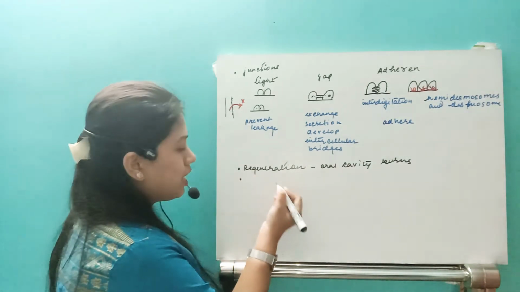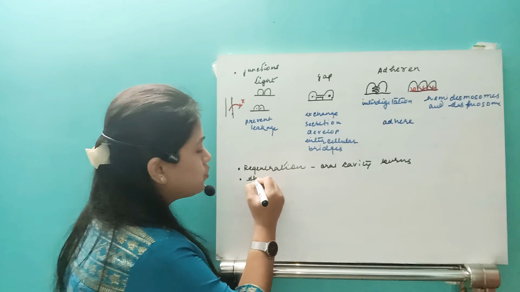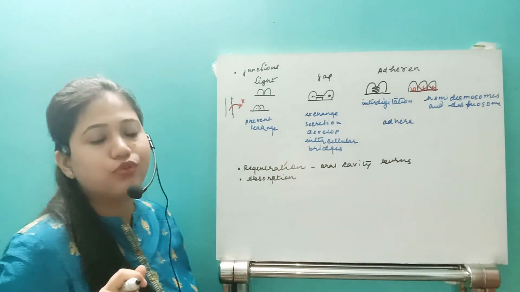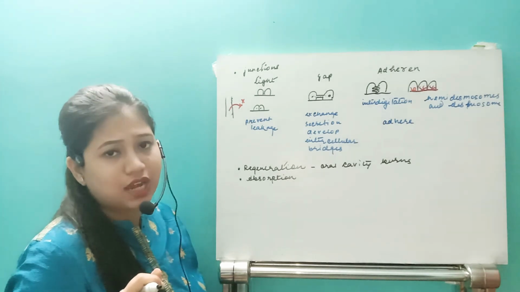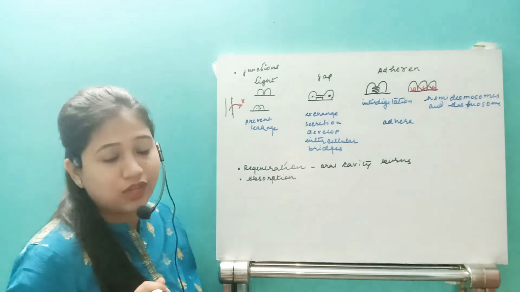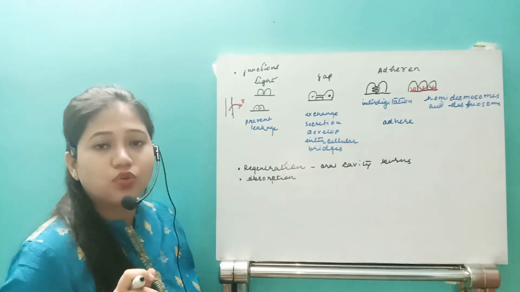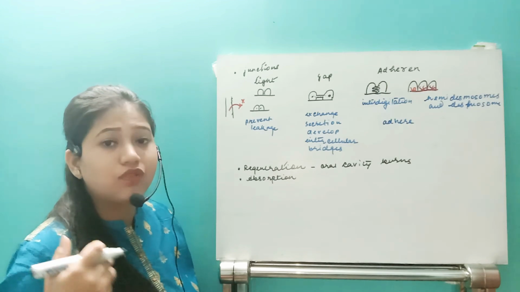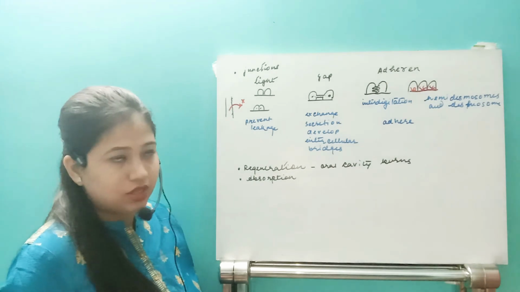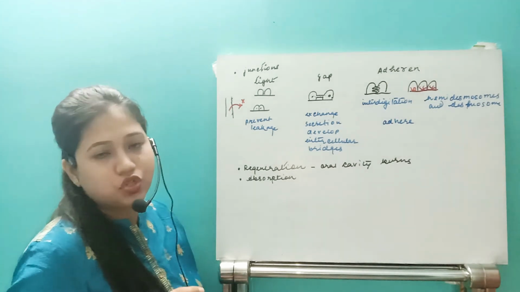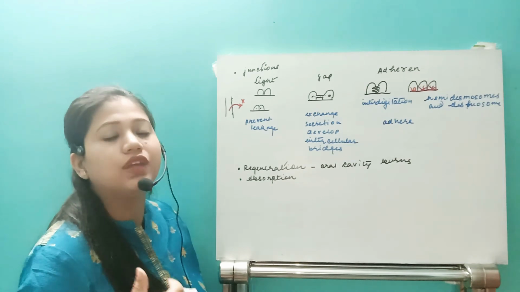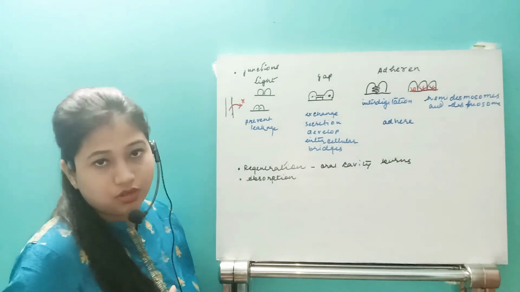Next one, see, it has also the power of absorption. Absorption means it is able to absorb. If you see the lining of the small intestine, we have finger-like projections called villi. So why is villi present? So that it can increase the surface area, so that we can get enough time to absorb the digested food material. So that's why this epithelial tissue develops villi and microvilli, so that we can have efficient absorption, right?